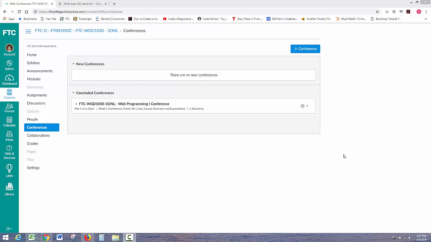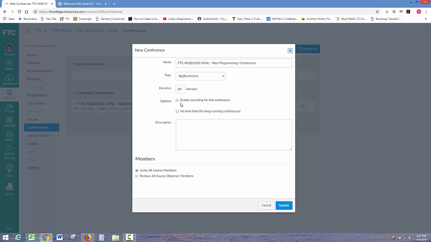Okay, so this is to show you how to use Big Blue Button. So the first thing I'm going to do is add my conference. I typically enable recording, and depending on, I don't know if students are coming or not, I go ahead and